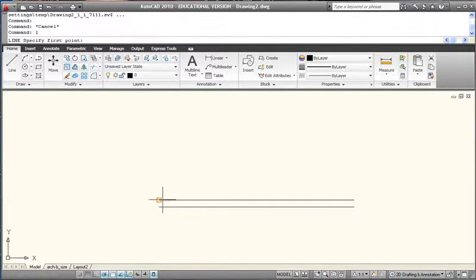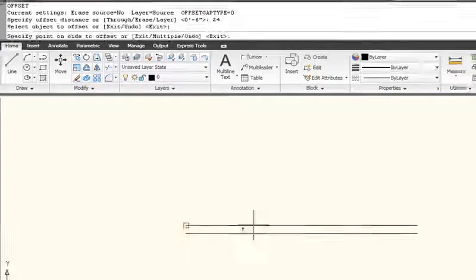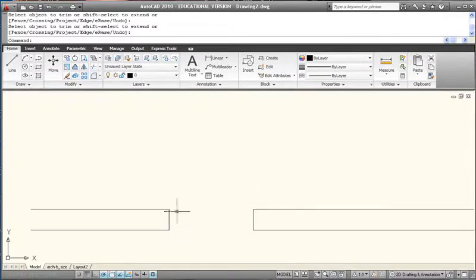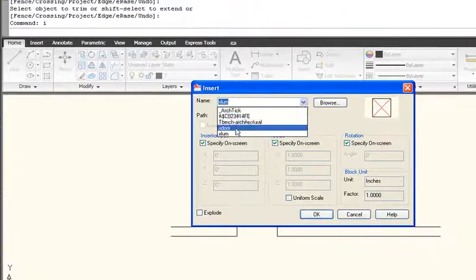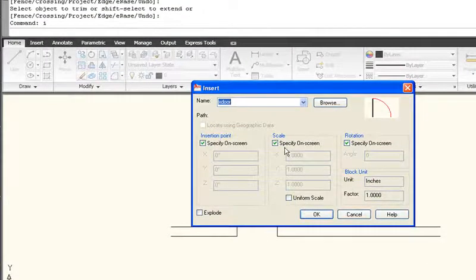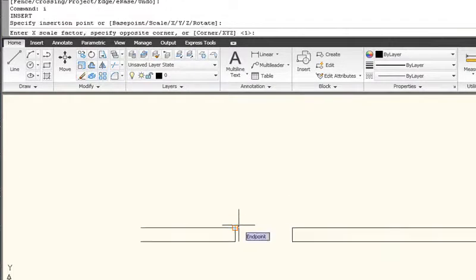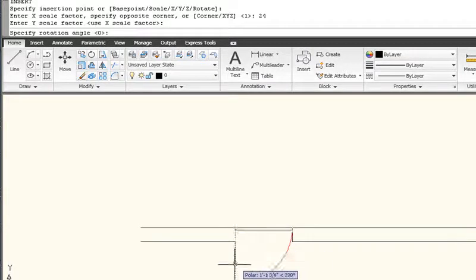And I'm going to draw a line here and offset that 24 inches to define an opening. So I want a door that's exactly 24 inches wide to fit in this opening. So I'm going to insert the X door, keep the insertion point, scale and rotation on, pick the insertion point. For X factor I want to put in 24 inches, and then notice at the command line it says enter Y scale factor or use X scale factor in parentheses. I want to use X scale factor, so I'm just going to hit enter,